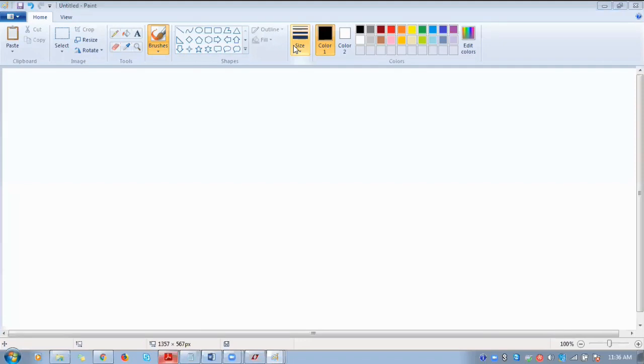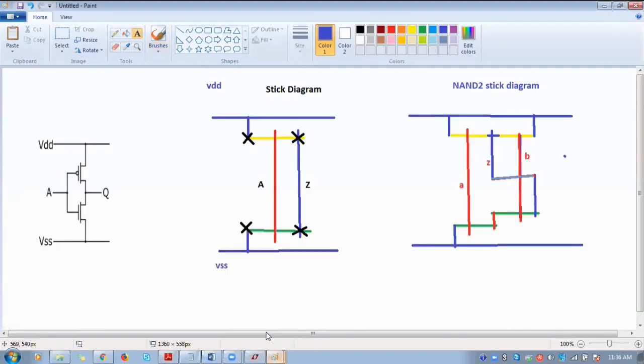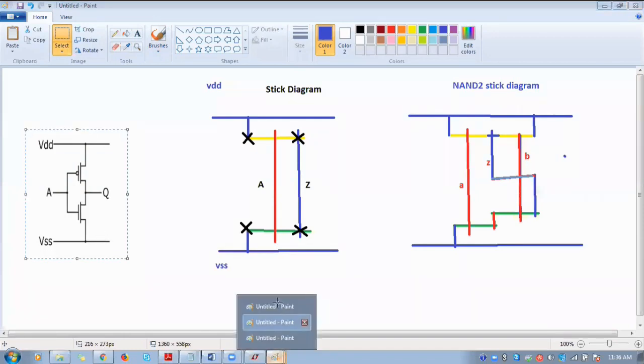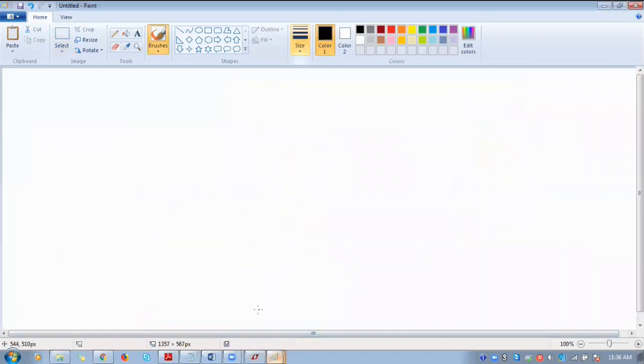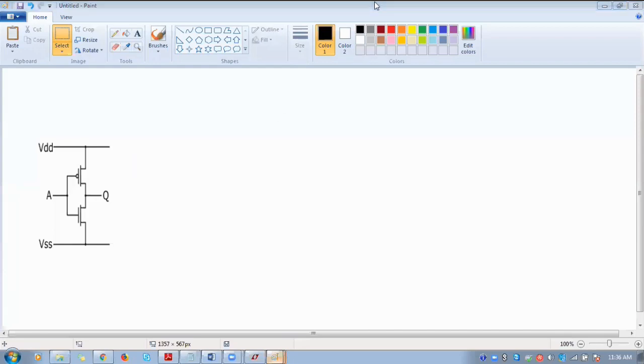So I'm using the same. I will show how to design a layout of normal CMOS inverter first. Initially, I'm drawing the supply line.